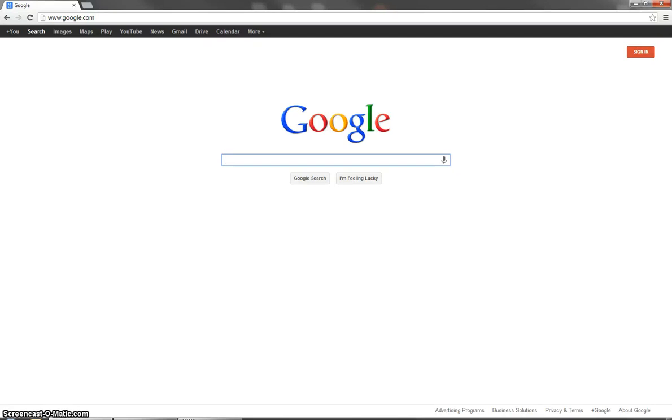Hi everyone, I'm going to be going over how to connect your Google Apps account to Microsoft Outlook. Microsoft Outlook is a program for email and calendar and some other things like that. It is a lot easier than going into your browser every time you want to read or send an email,